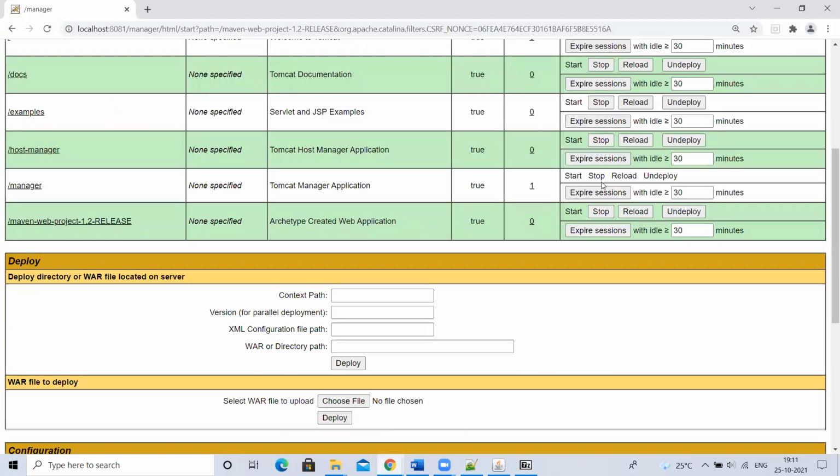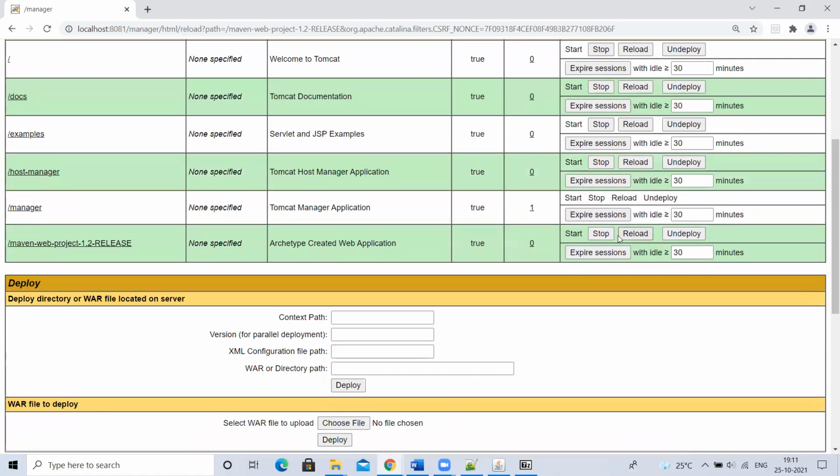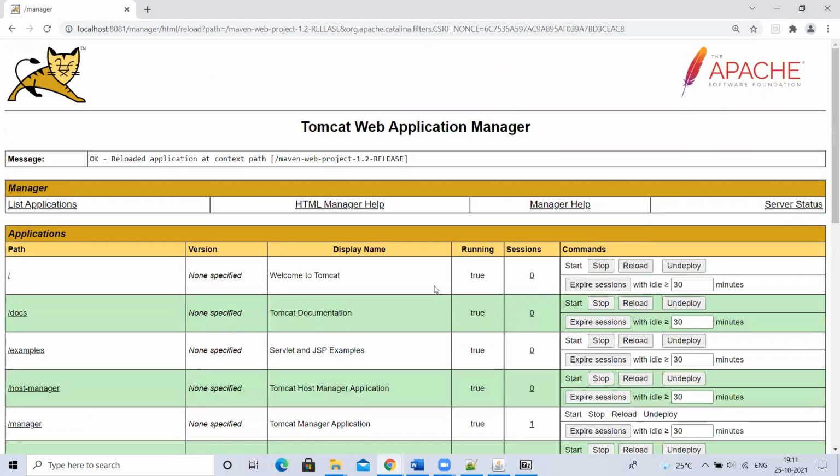Either you need to restart your application or else reload your application. So if you do a hotfix for Java related files, then instead of stopping and starting your application, you can just reload your application. So that also will update the changes.